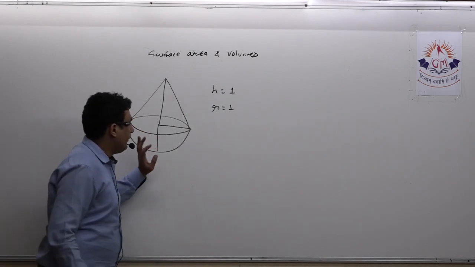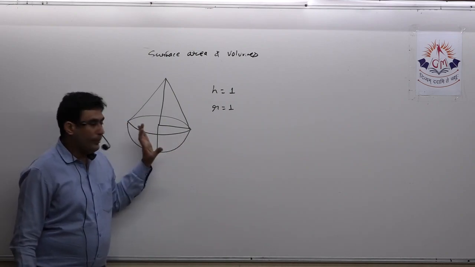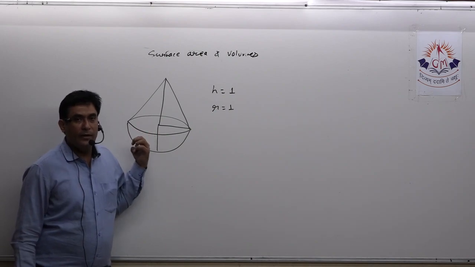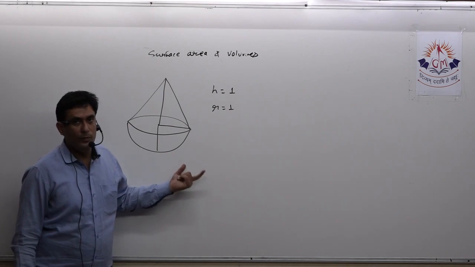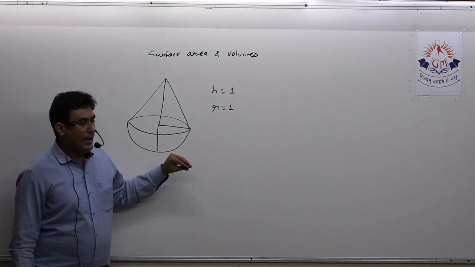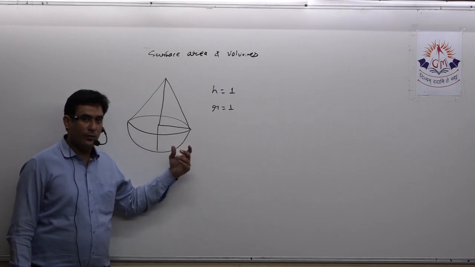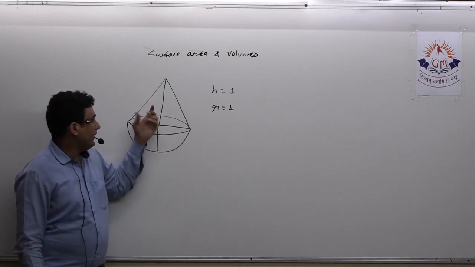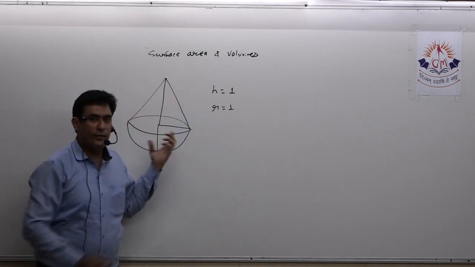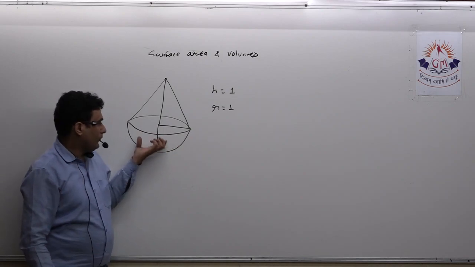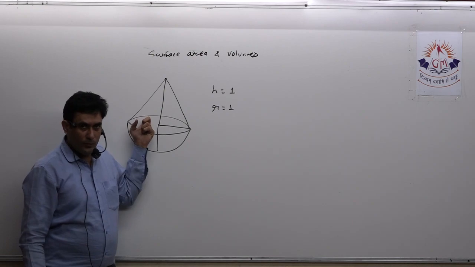When we have to find the volume of a combination of figures, simply we add the volumes, or in some cases we have to subtract the volume. If a conical or a hemispherical cavity or depression is made out, then we subtract the volume. Here, suppose there is a small hole so that we can fill any liquid in this, then obviously the total volume it can hold is the volume of the hemisphere plus the volume of the cone.